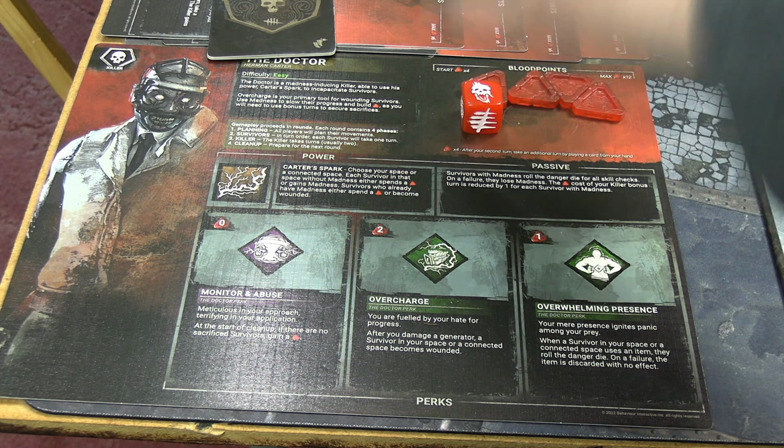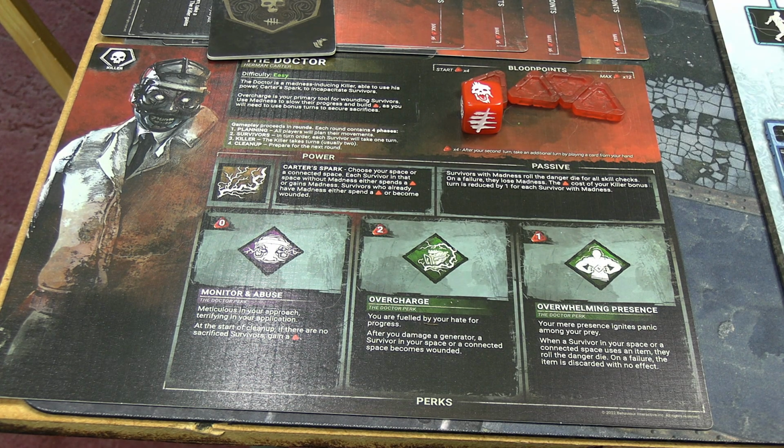So that's it. I'll get the models all deployed randomly on the Ormond map while you take a second to